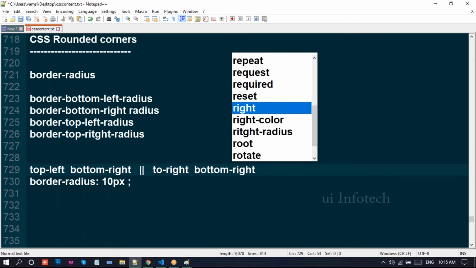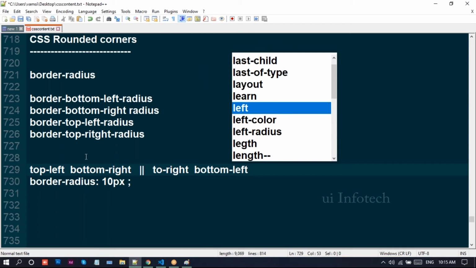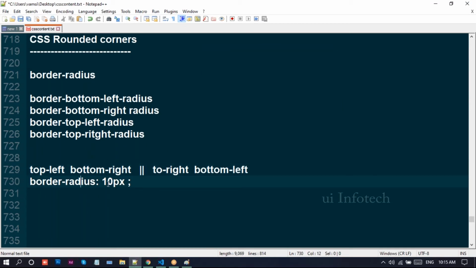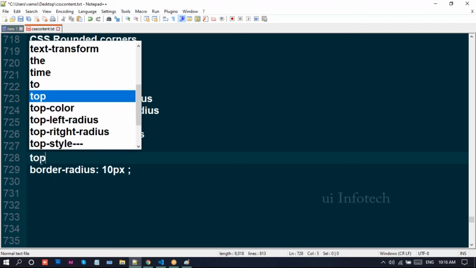Bottom right, sorry, bottom left. See here, if you find only one value, so this one value, yeah, I'll show this one. If we found only one value, so we can write